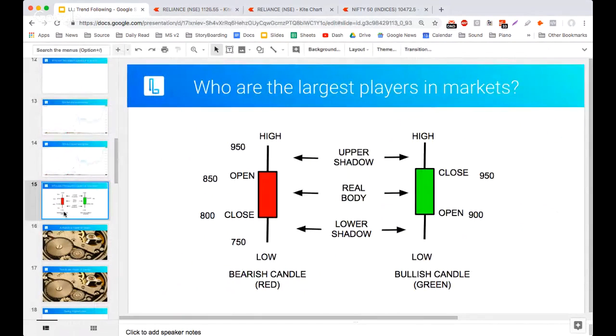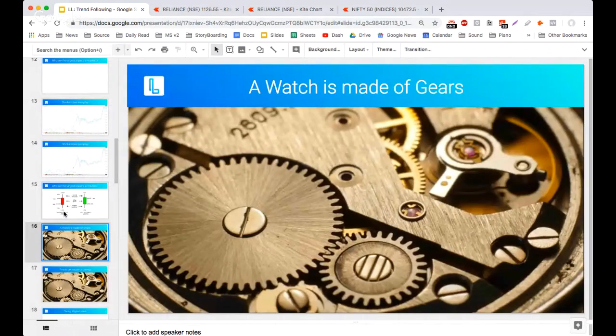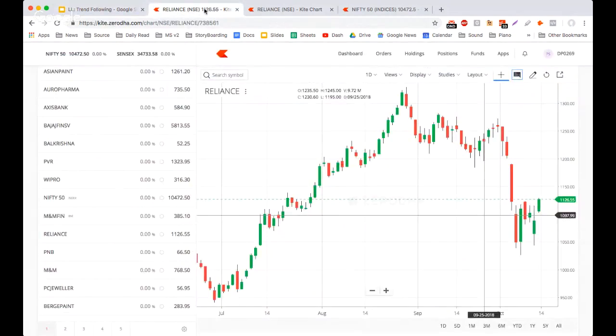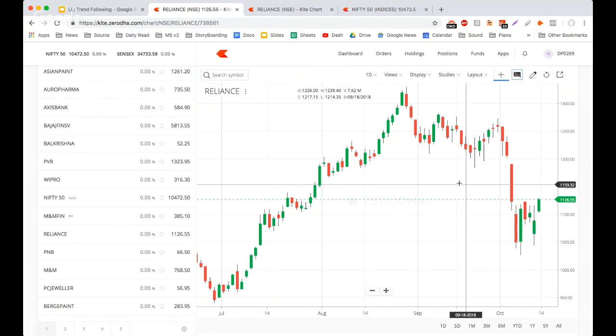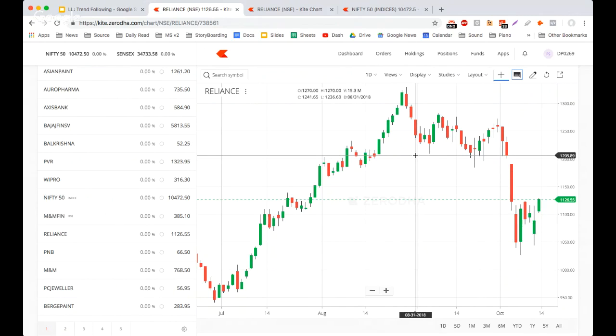Now that we've understood candlesticks, we need to understand how to gauge a trend. Now this Reliance in front of us, Reliance has fallen here. But it's easy to see what has already happened in the past, right? Everyone agrees, right? They say left of the chart is easy to know, right? So what we're going to do today is try to find out in a live market at what exact quantitative point the trend is likely changing.